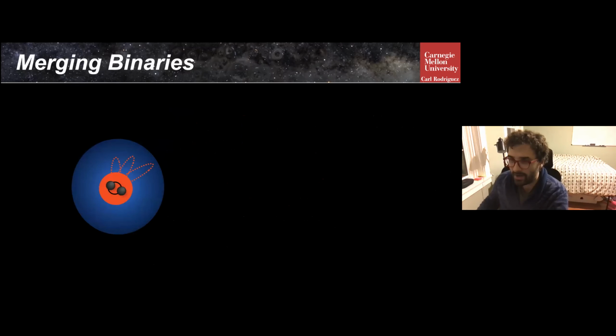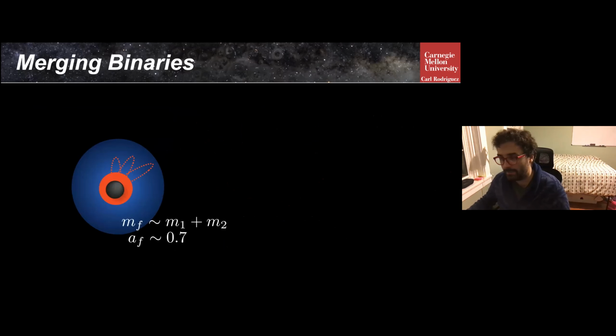So remember how I said that for your typical star cluster in the Milky Way, about half of these binaries are going to merge inside their star clusters. And when they do, you're going to create a new black hole with a mass that is quite a bit the sum of the two progenitor masses. You lose a little bit to gravitational waves. And with a dimensionless spin parameter of around 0.7. The thing is, if you assume that the spins of black holes that are born from stellar collapse are all near 1, so they're spinning as maximally as possible, which is what we assumed pretty much until we started getting gravitational wave observations,